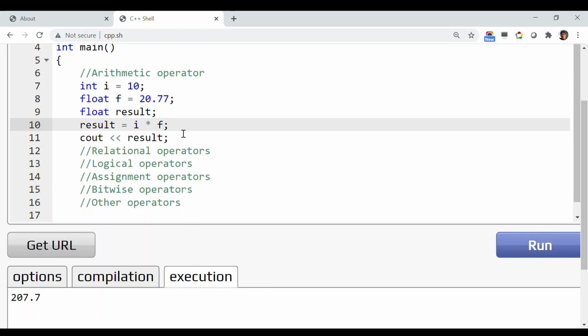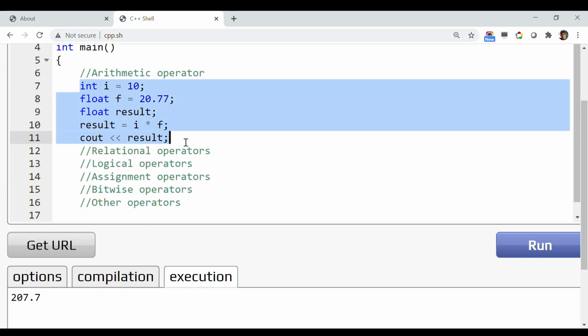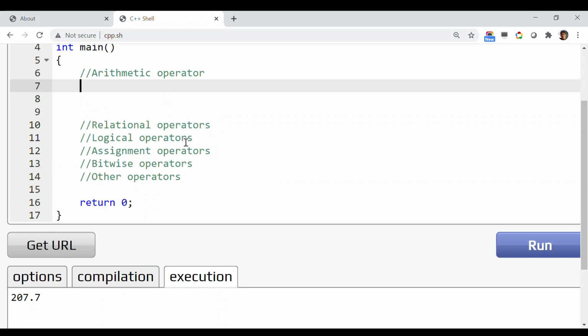So there is nothing much to discuss about it, but there is an extra operator called the modulus operator, or for basic understanding, you can call it a remainder operator, available in C++. So let me get rid of this part of code. So the next arithmetic operator that we are going to discuss is